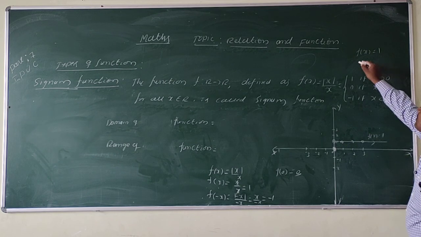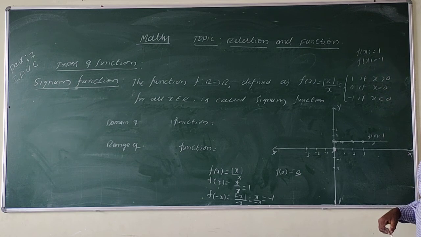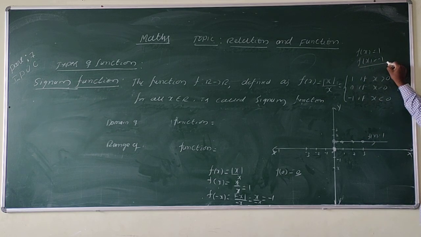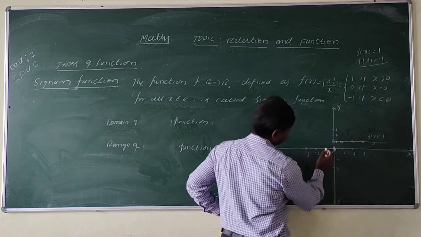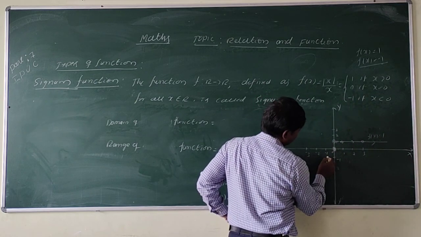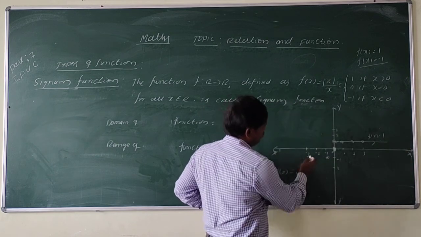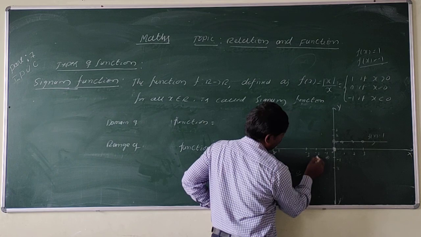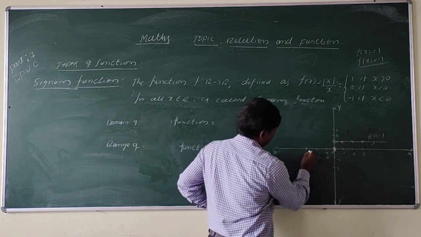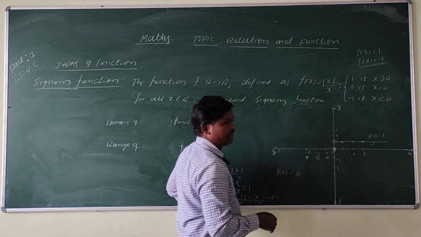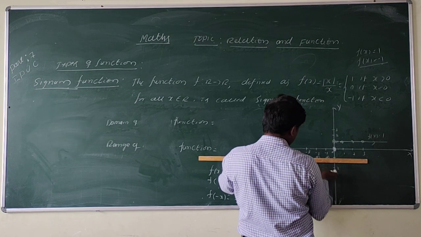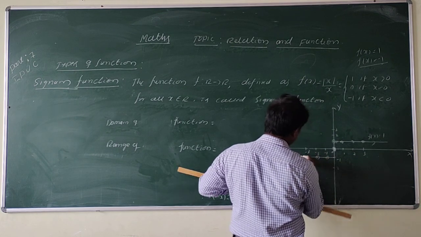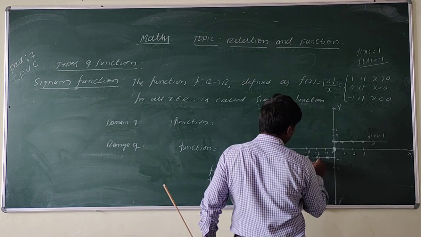Minus 1. So f of x is equal to minus 1, which is nothing but a constant function. It is a straight line parallel to the x axis at the distance of minus 1 unit, that means this side. Okay, so if you take x equal to 1, then the output is also minus 1. If I am taking minus 2, again the output is minus 1. If I am taking 3, then we get again 1. So therefore, this is the line. This is f of x is equal to minus 1.